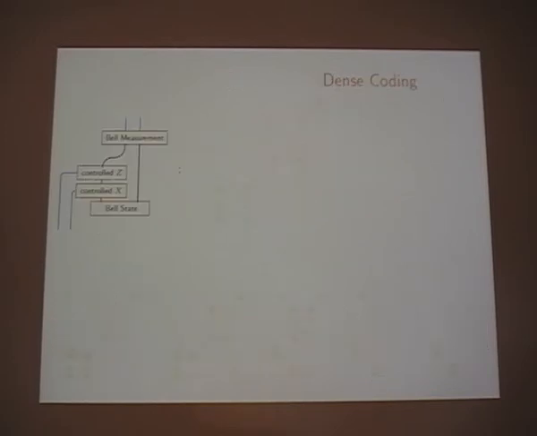Another example is the dense coding. So it's kind of a dual example. So now we have the classical inputs, two classical inputs, two bits of information. We have a base state which is shared between Alice and Bob. Alice is encoding this